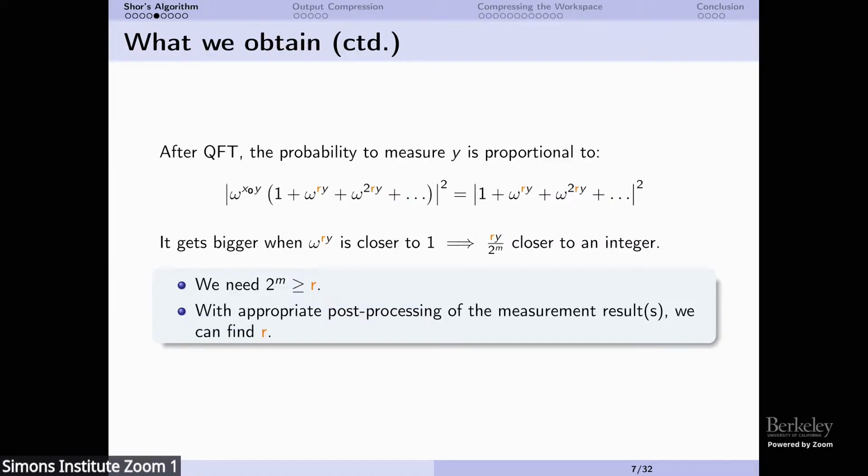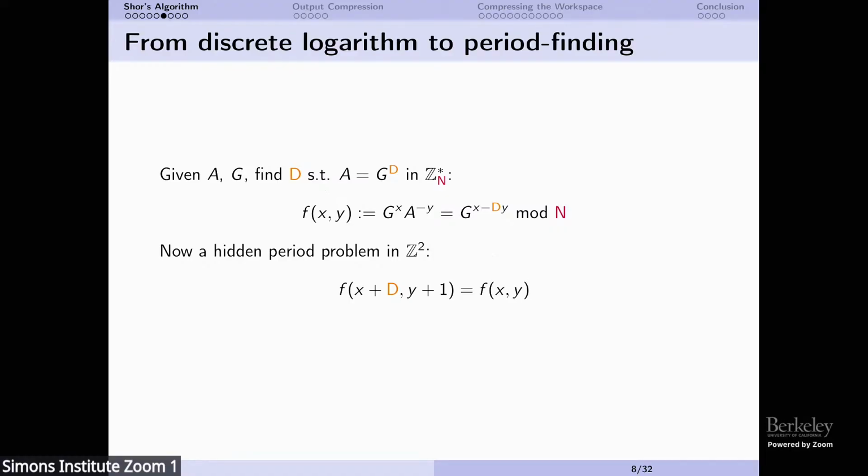In this paper, we are not doing Shor's algorithm on a function defined only on the integers. We're looking at discrete log. But the only difference is that you define this on a two-dimensional space. Because the goal is, if I give you integers a and j in the group of multiplicative integers modulo n, to find the discrete log of a with respect to j. And to do that, you simply define this function of two inputs. And now you can see that it has a hidden period. This hidden period is in Z^2. That's it. That's the only change.